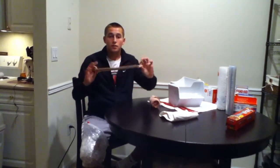If you have too much swelling, that's really bad. It'll make it a lot more painful and all that good stuff. A simple way to do this is with braces like this. I have smaller ACE bandages like this that you can put around smaller areas, and then I have larger ones